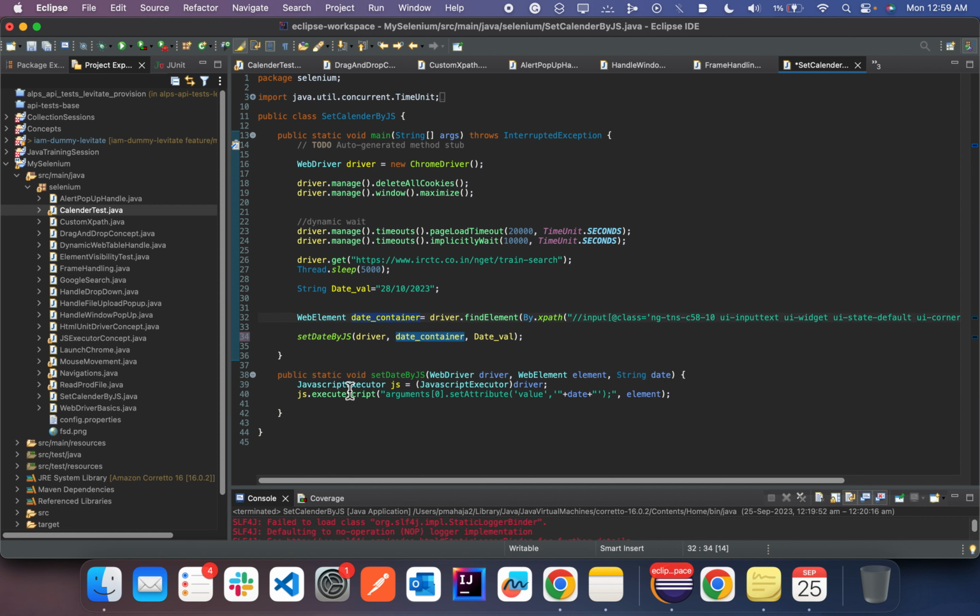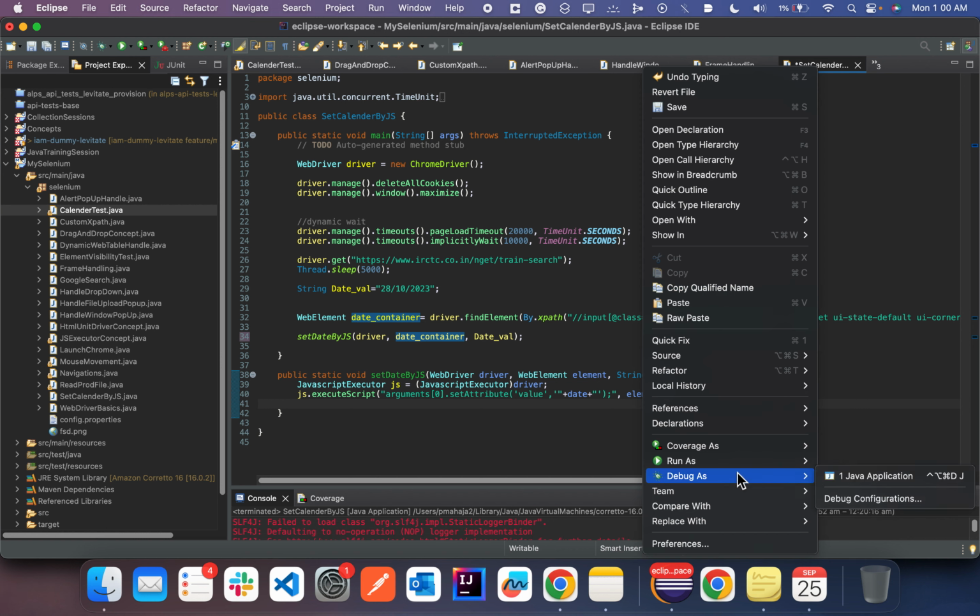Then we create a JavaScript executor class, js is equal to, then we just typecast this driver instance into JavaScriptExecutor, and then js.executeScript, arguments[0].setAttribute('value', with single quotes, then double quotes, plus date. Date is the date that we want to add, right? So this would inject that into the DOM, on the element that we want to inject it on. So we execute this, and when we run it,